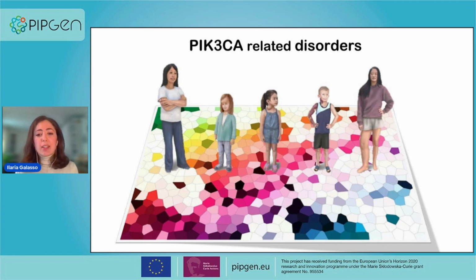Imagine the cells that compose the early embryo as the tiles that compose a colorful mosaic, with each of them having a different color. Now imagine that at a certain point, one of them acquires a mutation that makes it lose its color. All the cells deriving from this one will be white. In the same way, only the cells and consequently the tissue deriving from this one will carry the PIK3CA mutation. Depending on the time in which the mutation occurs and the cell type, different tissues may be involved, individually or in combination, and have different clinical